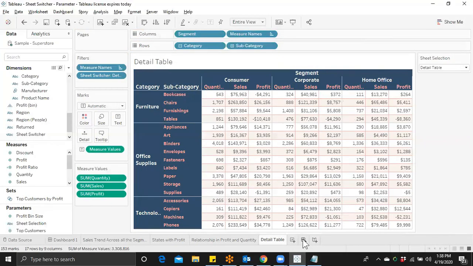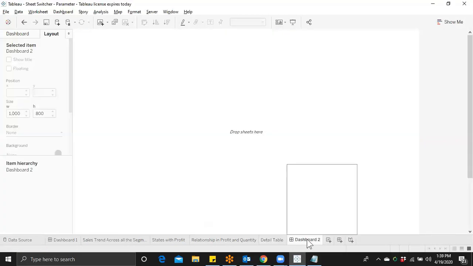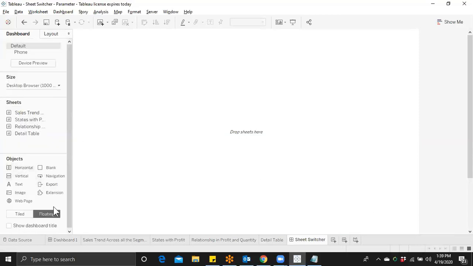Now what next? I will create a dashboard and let's say I'm going to give the name to this, sheet. What you have to do, you have to select floating and drag a container, no matter horizontal or vertical, the choice is yours.